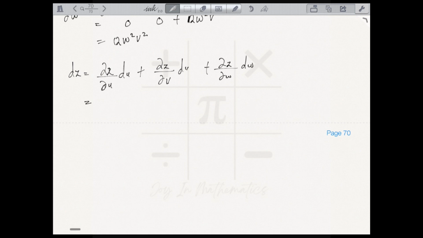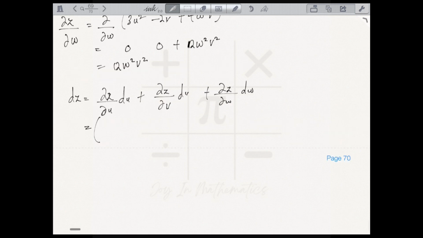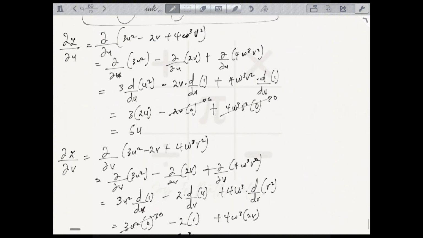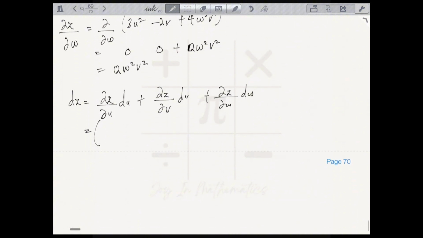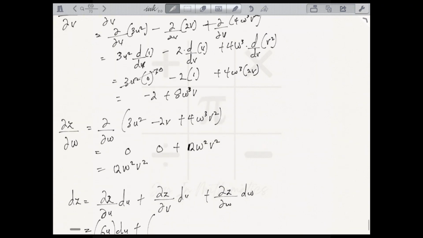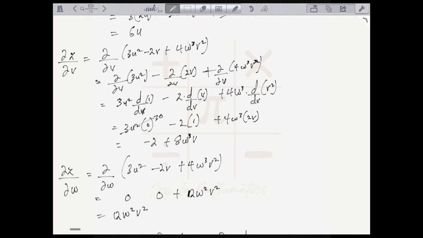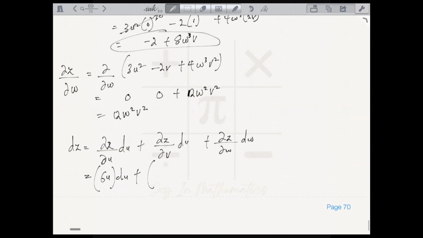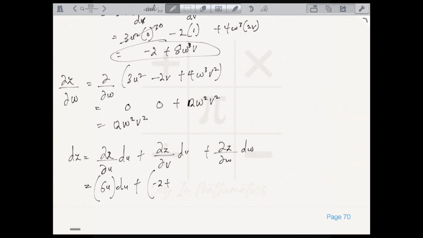And then we make our substitutions. dz du is 6u, so that is 6u du. dz dv is minus 2 plus 8w cubed v multiplied by dv, and dz dw is 12w squared v squared multiplied by